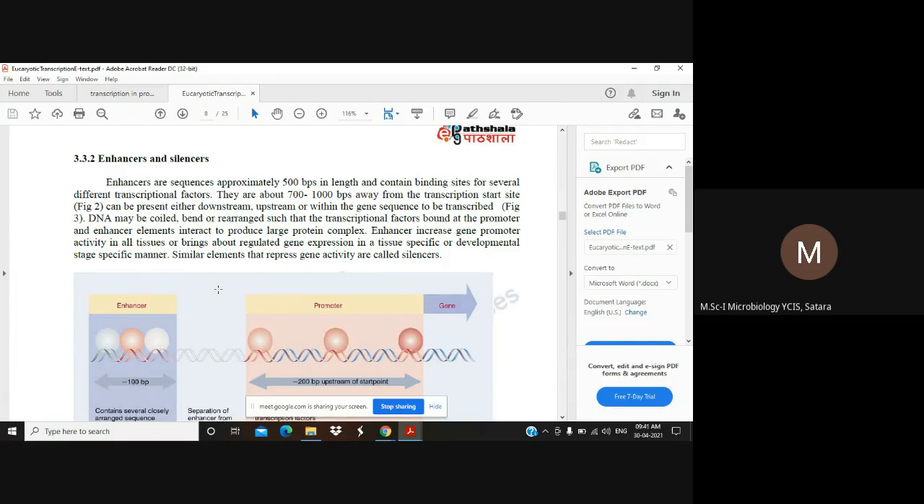What is the role of the enhancer? Increases promoter activity. Yes, it increases the promoter activity. त्याच्या नावावरूनच आपल्याला कळते की ते काय करते,